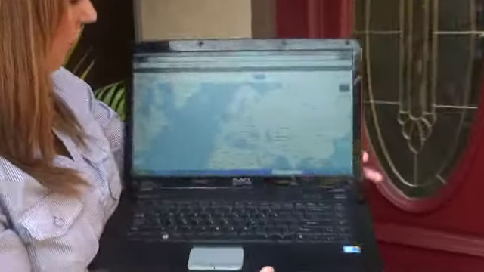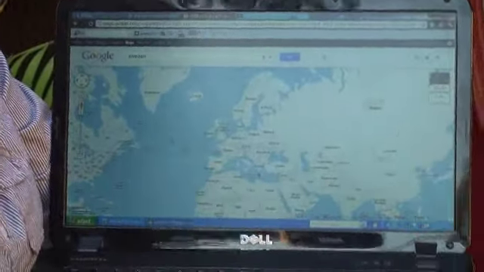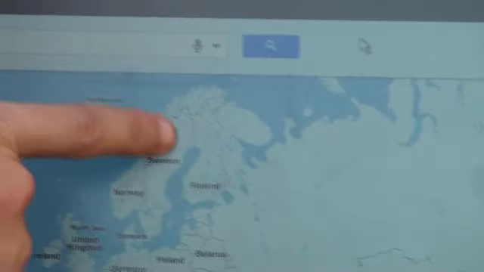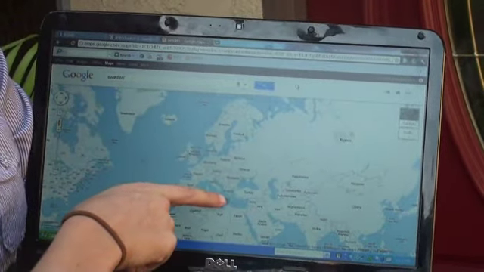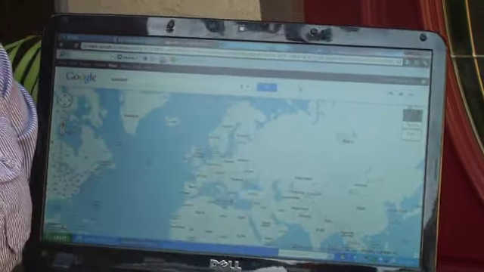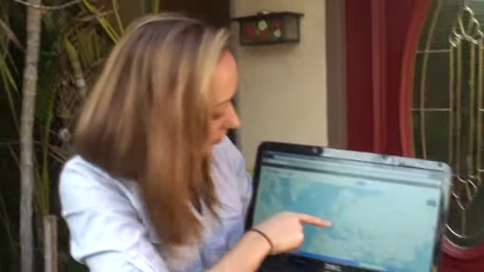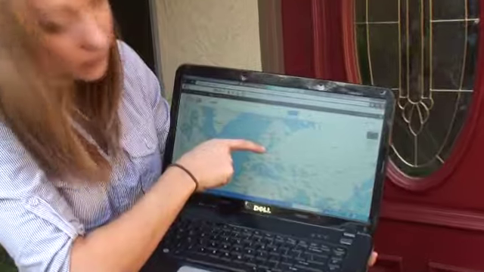Now I'm going to show you where exactly Sweden is located. So I have a map here. Here we have a map of Europe. So Sweden is right here. It's located right next to Russia, above Poland and Germany. And specifically, I will be at the southern part, like I said earlier. So I will be down here at the very bottom.